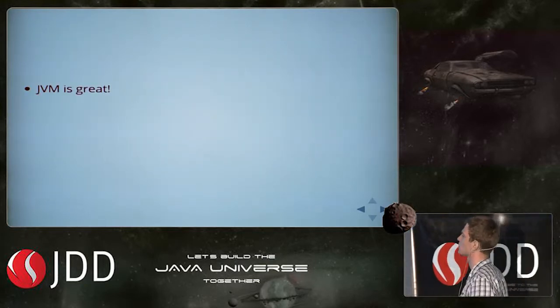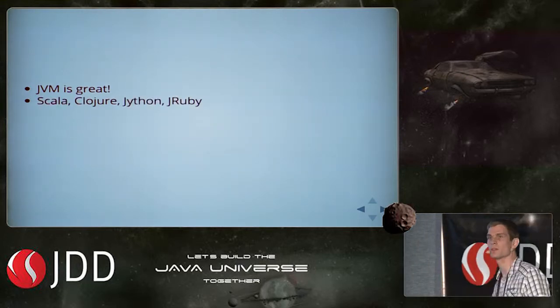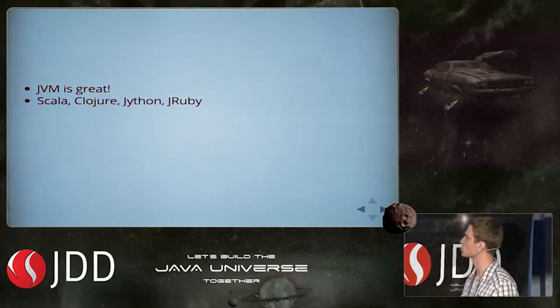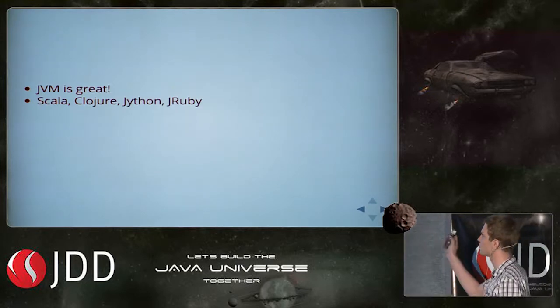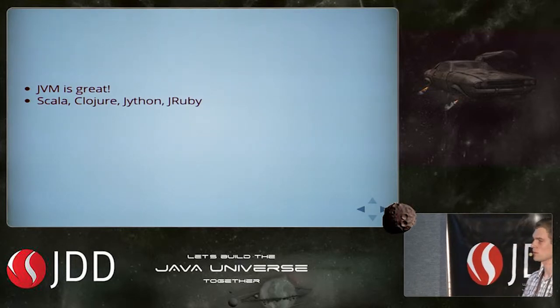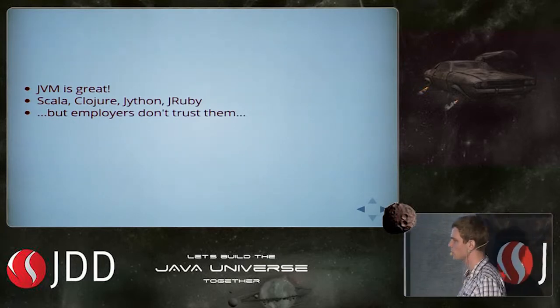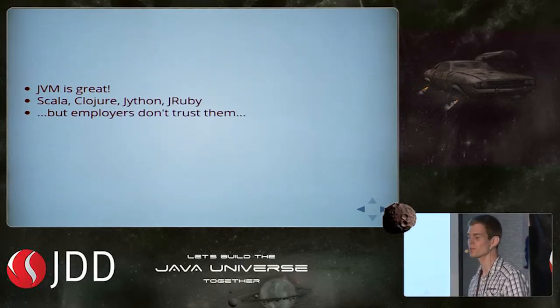It does what it does because of write once, run everywhere. Also, there are many fine languages on the JVM: Scala, Clojure, Jython, JRuby, Groovy, whatever. You can write the code, and it's compiled to the same bytecode as Java. Nice, very nice. But actually, if you are working in some kind of bigger corporation,